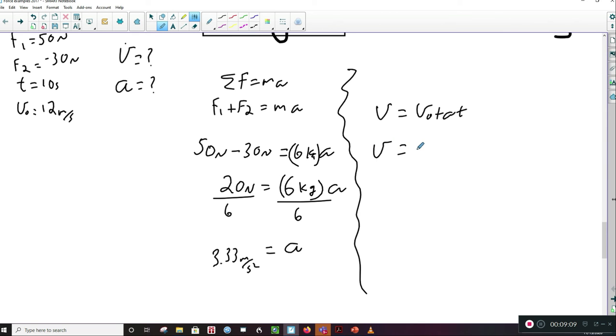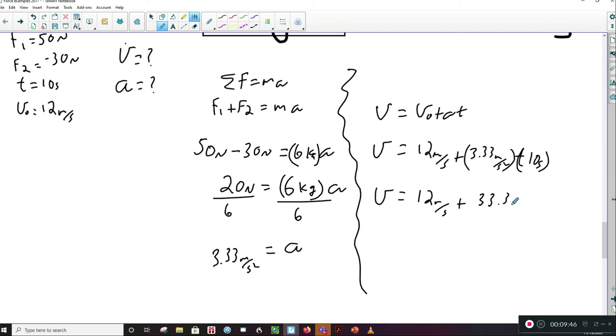My initial velocity is 12 meters per second, so it's already moving, plus the a, which is 3.33 meters per second squared times t. Oops, actually I shouldn't have said times t because I have it times 10 seconds. Sorry about that. So now I have 12 meters per second plus